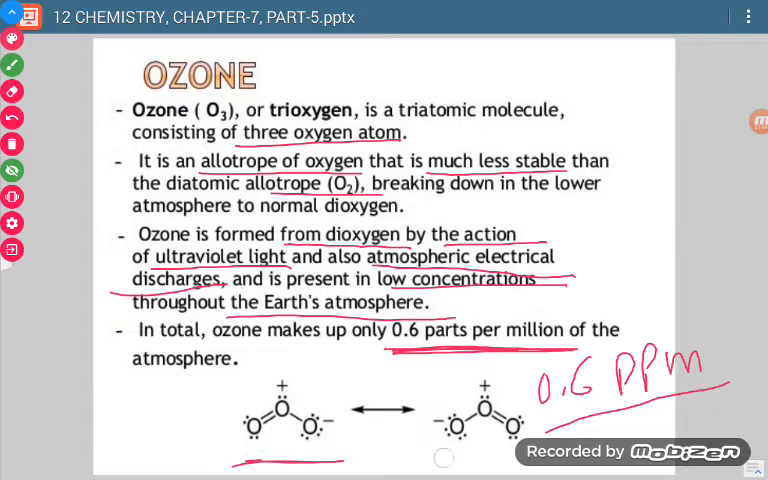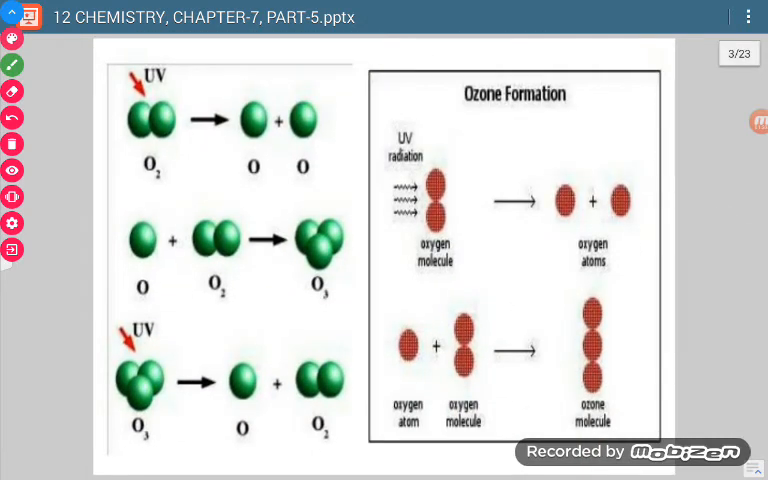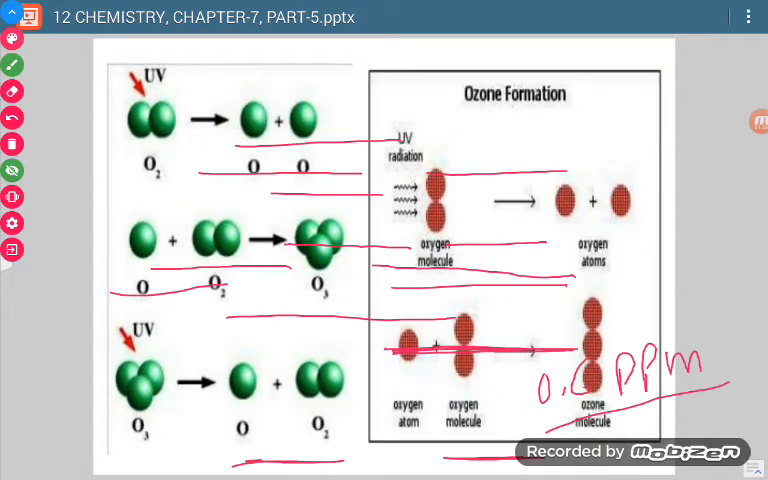Now see, this is the structure. Since there is one lone pair on the central oxygen, the structure is bent. So what do we learn now? That ozone is prepared from oxygen by the action of ultraviolet rays,